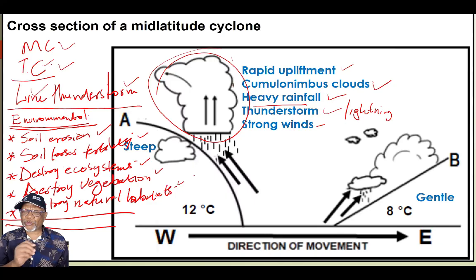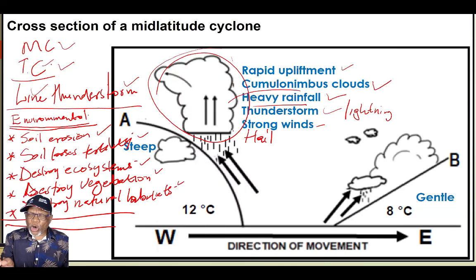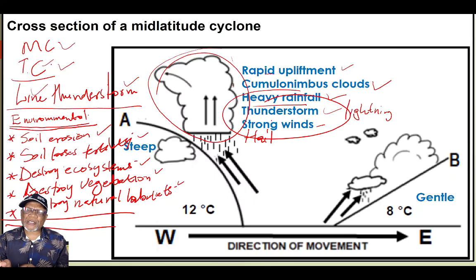And what you must know about the cumulonimbus clouds is that they are associated with rapid upliftment. They develop because of rapid upliftment. They are associated with heavy rainfall, and you can also add hail and thunderstorms and lightning, and strong winds. So all these weather conditions that we are looking at here are the conditions that can be associated with